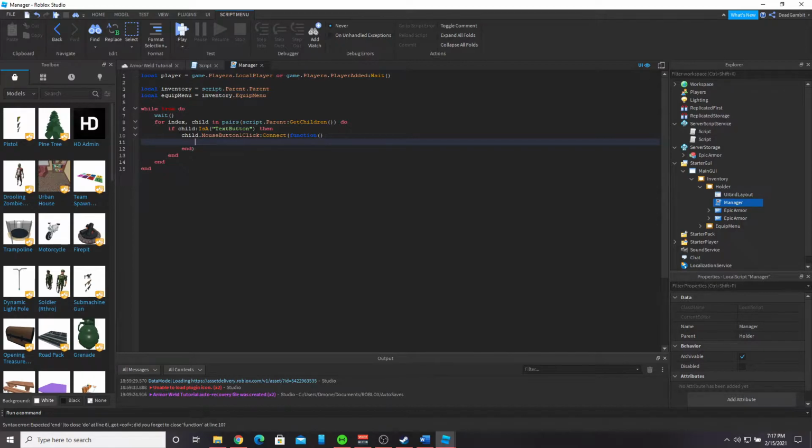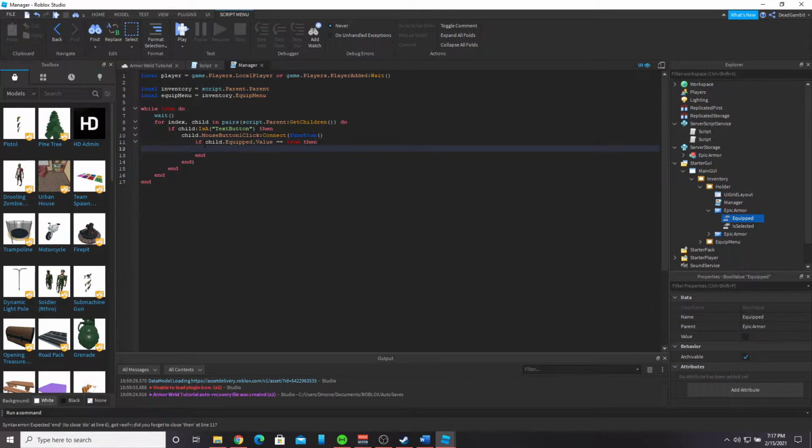And so now we're going to look to see if the armor was equipped or not. If child dot equipped dot value equals true, then, and we'll also look to see if it was already selected. If child dot, my bad, if child dot is selected dot value equals false, then, so now we're going to do another for loop for index others in pairs parent get children do,